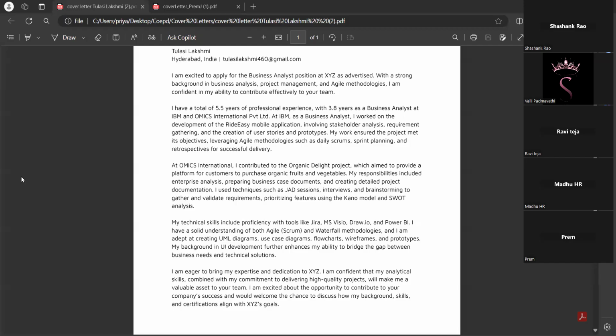Other team members can also easily get to know where each team member is working and what part he is working on. Whereas Power BI is used for data analysis and visualization, helping organizations make data-driven decisions easily.